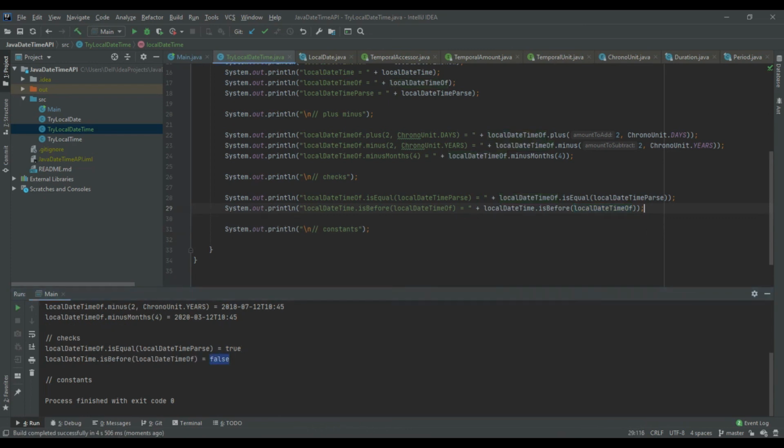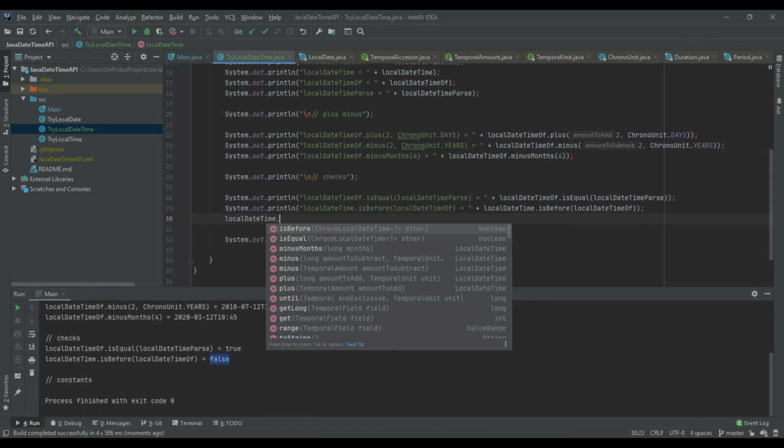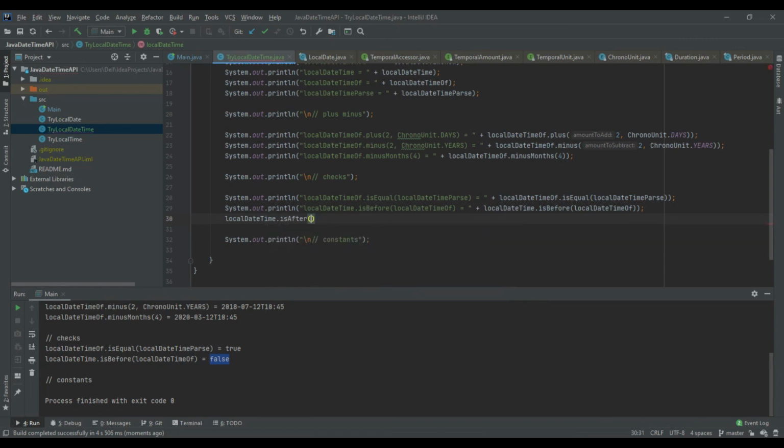I will use the same method. Local date time is after local date time off, and this will print the result as true since the current time is after the local date time off.